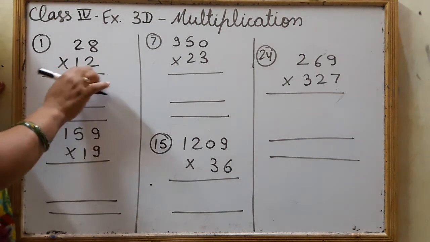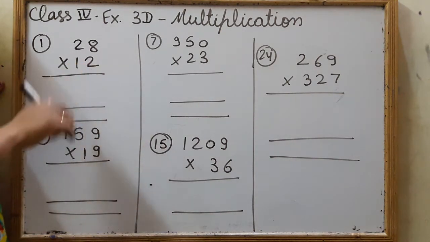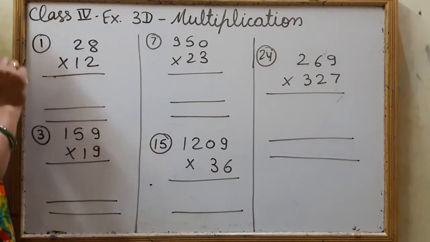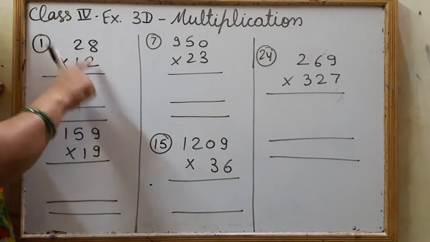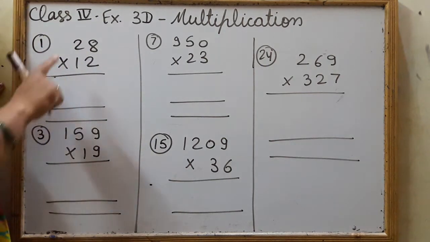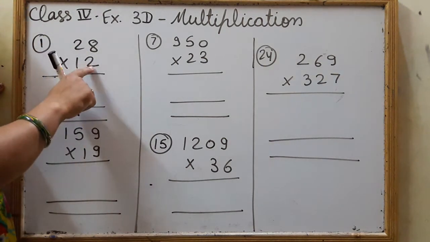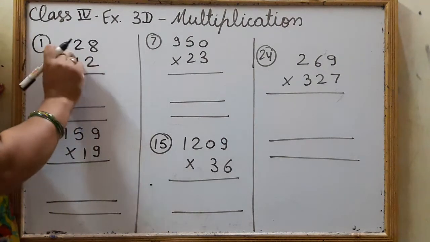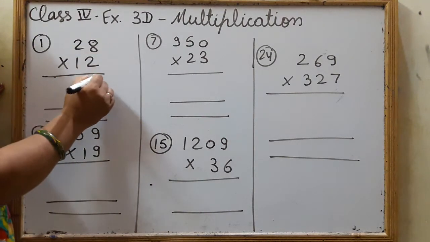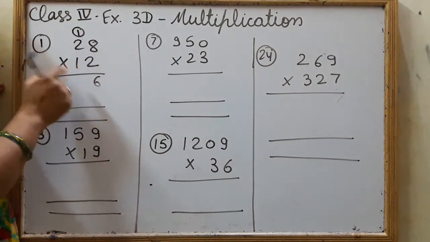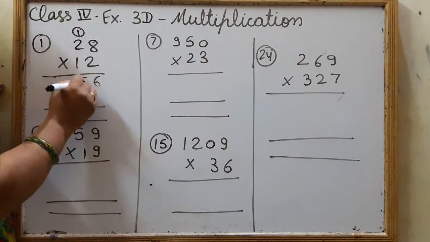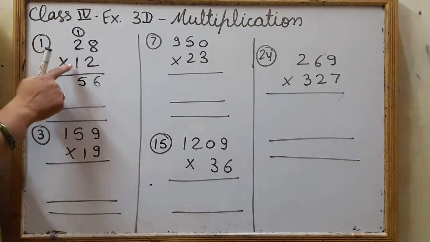We will not multiply together. Like this is 12, maybe we know the table of 12, but we will not multiply directly by 12. We will multiply firstly by 2 and then by 1. See how? 2 is our ones number, so we will multiply as we are doing with 2. Just forget about 1 and multiply the number by 2. 2 8s are 16, 1 carry, 2 2s are 4 and plus 1 is 5. Now this is our tens number.